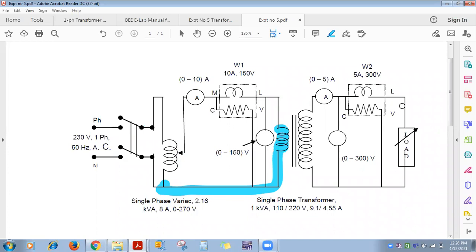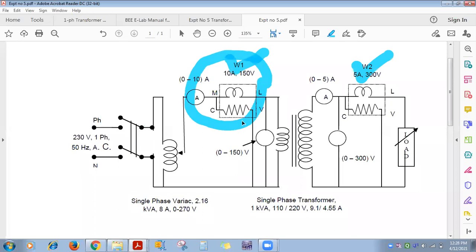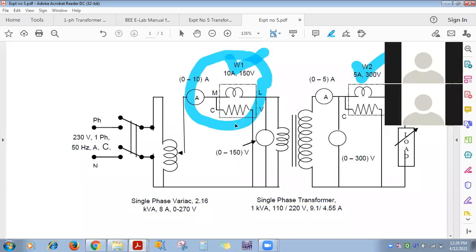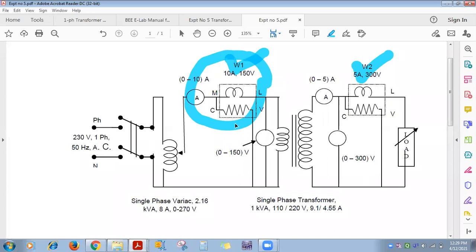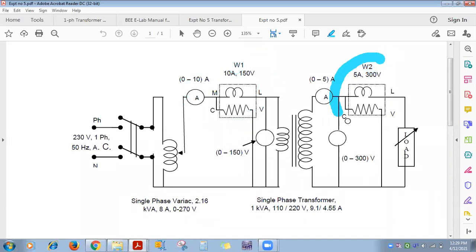Input voltage is constant. Okay, so here see, we have connected a wattmeter on the primary and a wattmeter on the secondary. It will give you the single phase AC power consumed on the primary. Input single phase AC power is V1 I1 cos phi1 in watt. This is the W2 wattmeter connected on the secondary side. It will give you the power consumed by this load, which is equal to V2 I2 cos phi2, single phase AC output power. The unit is watt.